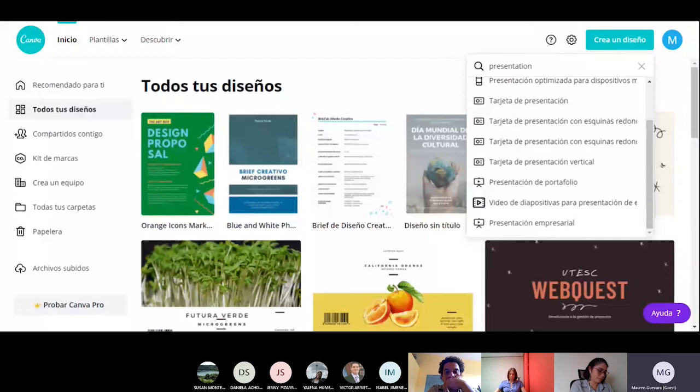Okay. As Victor said, it is very, very dynamic. So you can change the colors, you can change the background, you can change the font, the position, you can add photos, free photos. Okay, let's suppose that you are going to create